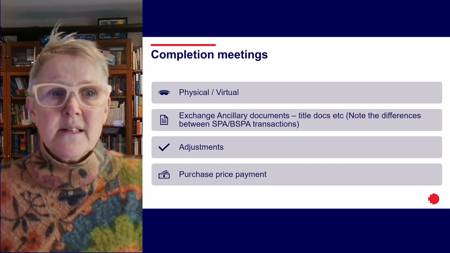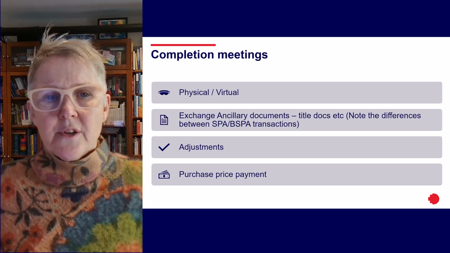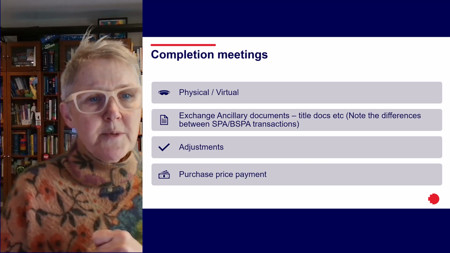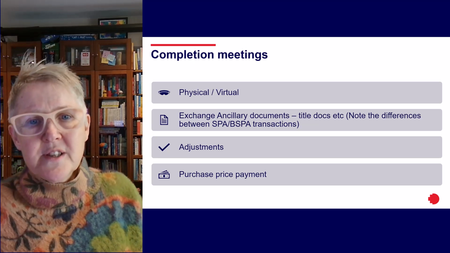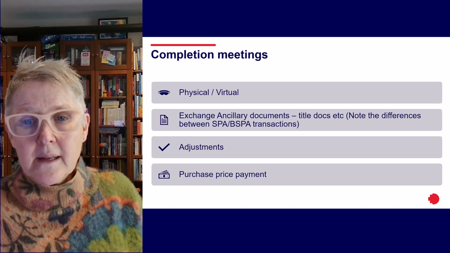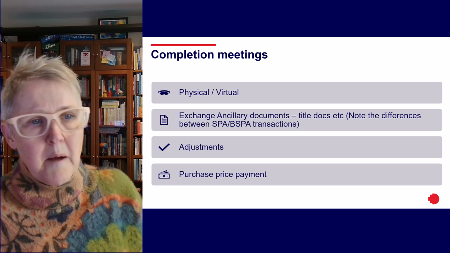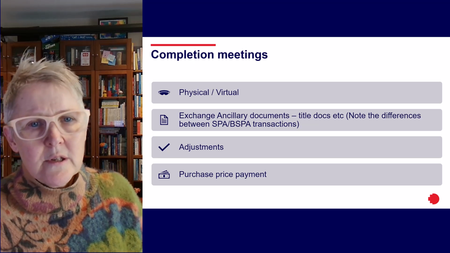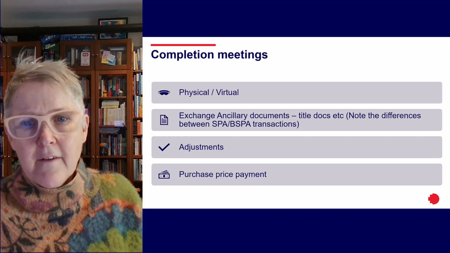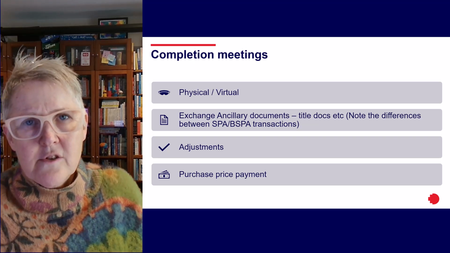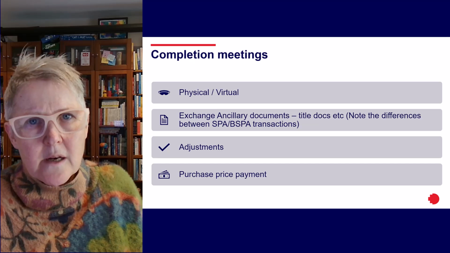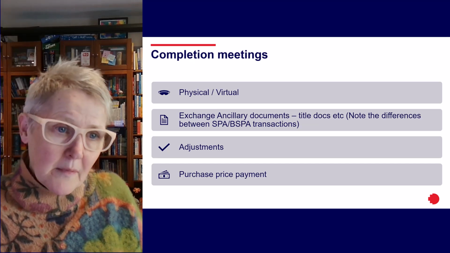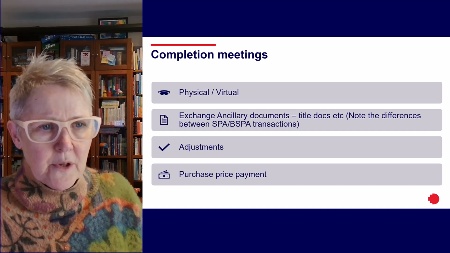Basically, that's about delivering the completion deliverables. So these are the relevant ancillary documents and title documents, and they're exchanged between the parties. The vendor will also typically be required to make the company register, passwords, keys, company books, records, financial records, and employee records, all of that, available to the purchaser. Now, that used to be big boxes of books being handed over, but these days it's really just about passwords, or setting up new users.